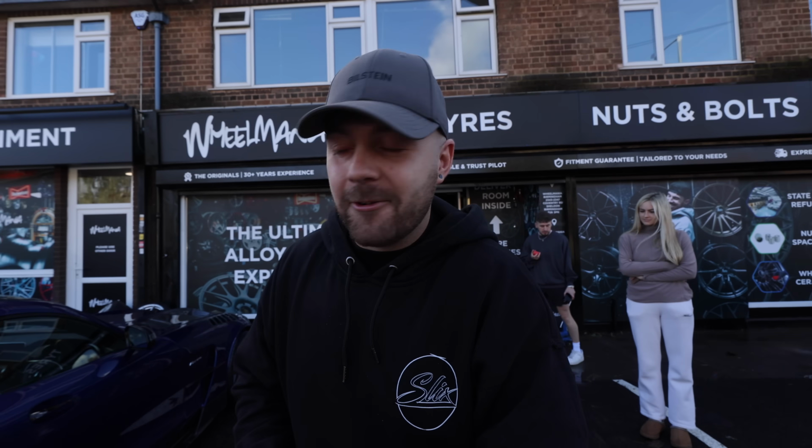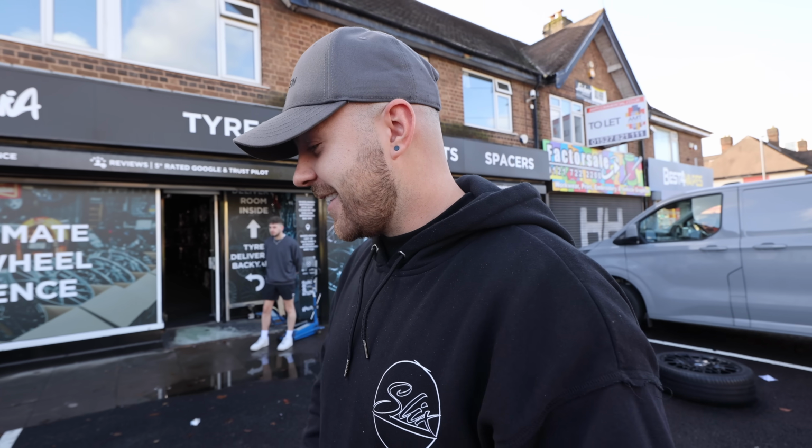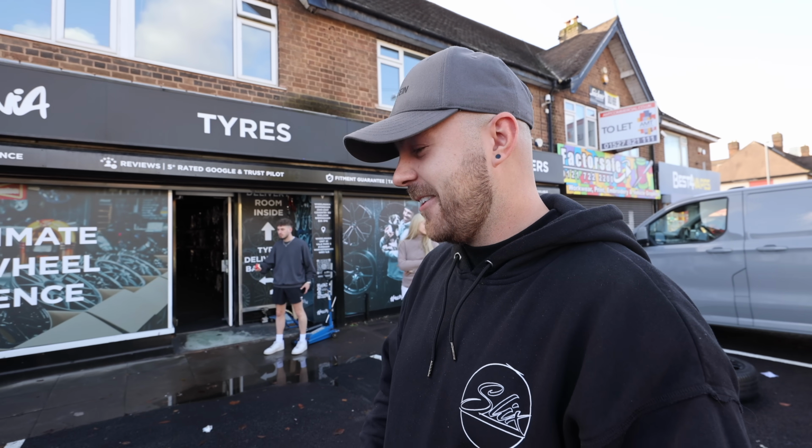I didn't want to put Black Series wheels on it because it's not a Black Series. I want to do something different. I want to make it stand out. No one with a Black Series would put these wheels on, so I've not got one, so I can. I think they look mega. I can't get over that. And also,